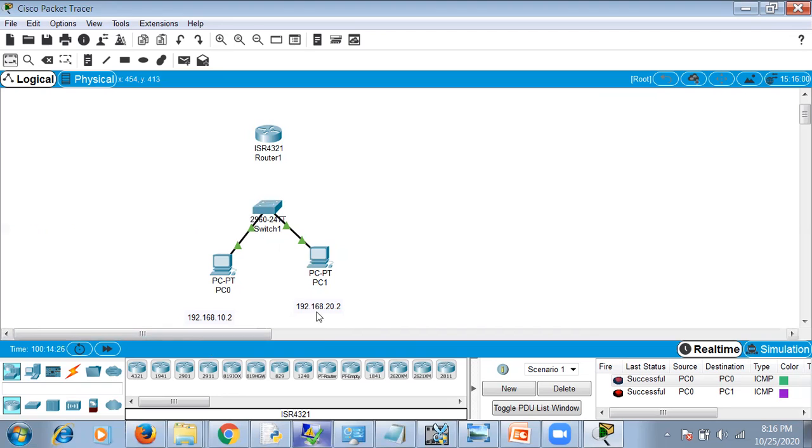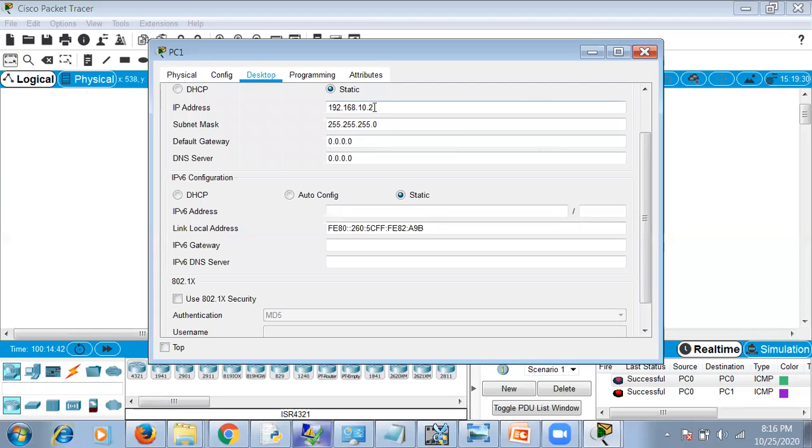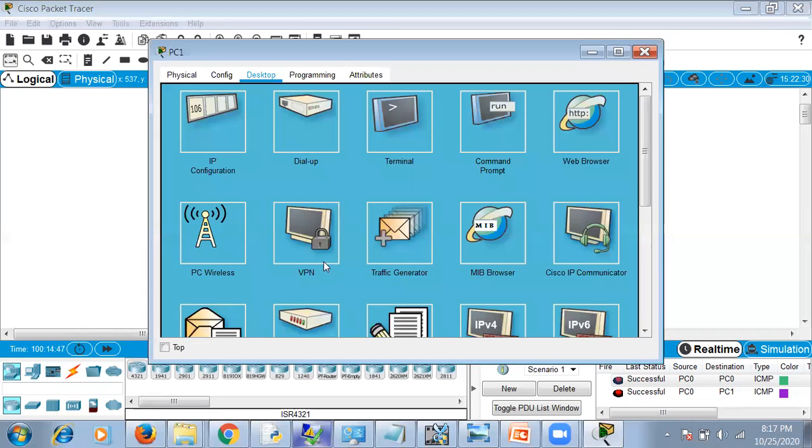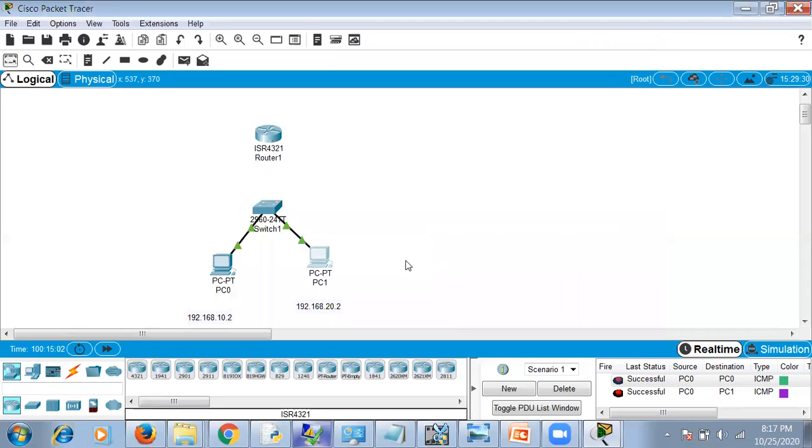Now we'll make this whole thing as one LAN. So we'll just change the IP address of this. Okay, this is 10.2 and this is 10.3.